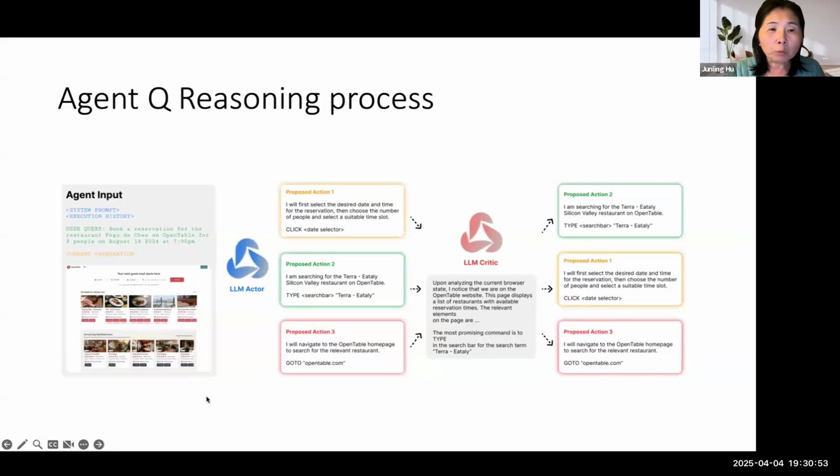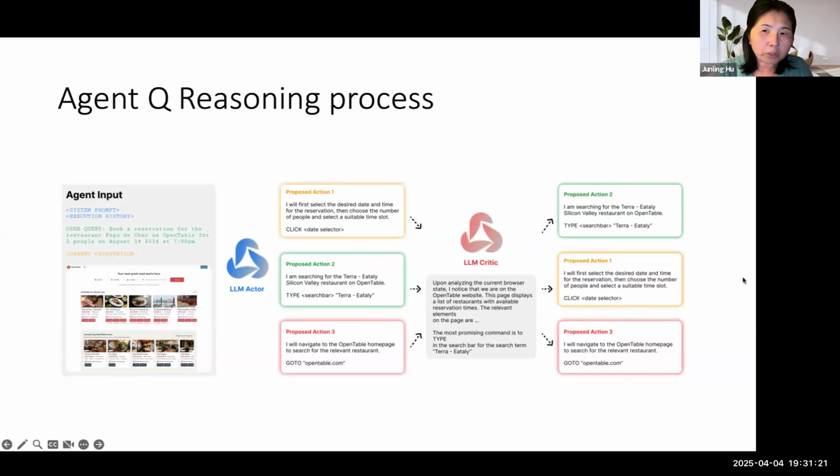On the software side, the agent can take input from the user. It has some internal system command prompt. The user says, "Oh, book a reservation for me in a restaurant." So the agent goes out to the website. It processes the website, then creates some action proposals.